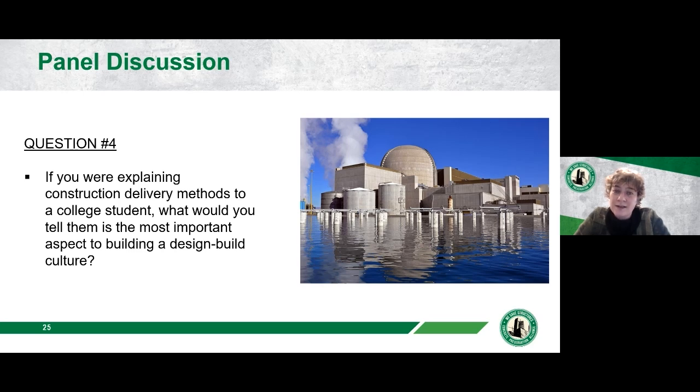But if you're providing too much hands-on active input through a best value design-build, as an owner you're opening yourself up to either change orders or a shift of liability back over to the owner side, because there's something called the Spearin doctrine. As an owner begins to become more prescriptive halfway through a design-build, you're actually shifting that liability. So if an owner is looking for a higher level of collaboration throughout the entire design-build process,